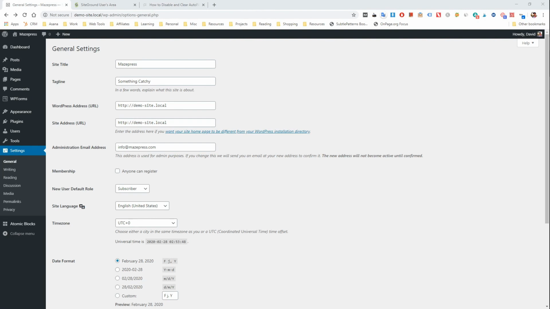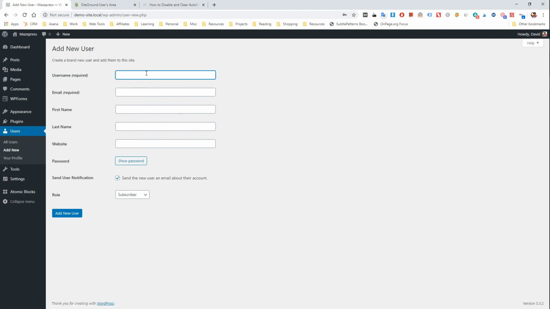If you want to create a new user, we'll head back over to users and go to add new. Here we can put in the username as John. We could put an email in as john@mycompany.com, John Smith. We could show his password. We could send user notification. This won't send them the password. It will request that they attempt to log in and then choose forgot their password so they can reset it themselves. And you can assign the user role. So if we create this user,